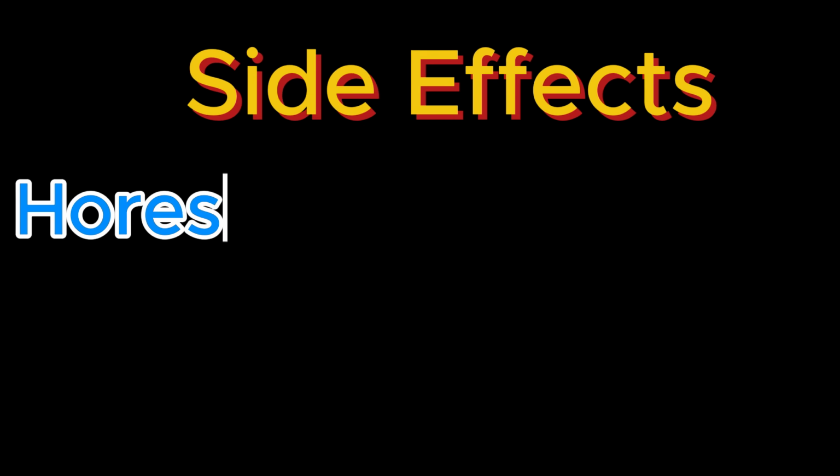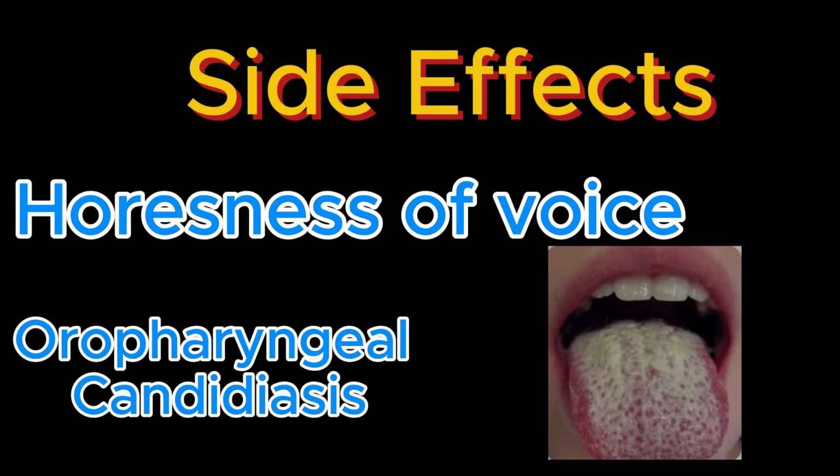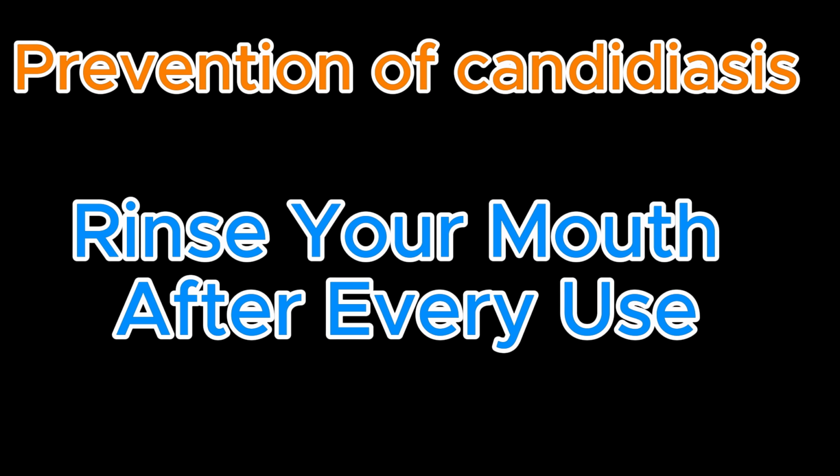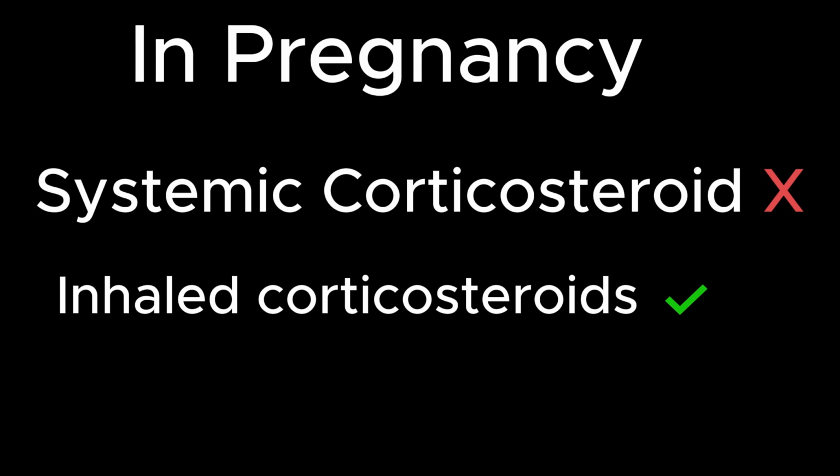The main side effects of corticosteroids are hoarseness of voice and oropharyngeal candidiasis. It happens because corticosteroids suppress our immune system and allow the fungus to grow. We can prevent candidiasis by gargling after each dose, and if it happens, then we have to use topical nystatin. Systemic corticosteroids should be avoided in pregnancy, but inhaled steroids are safe, and especially ciclesonide is an inhaled